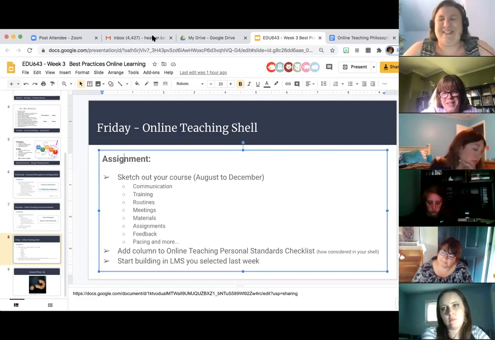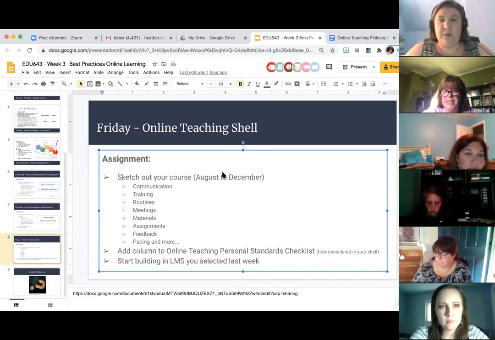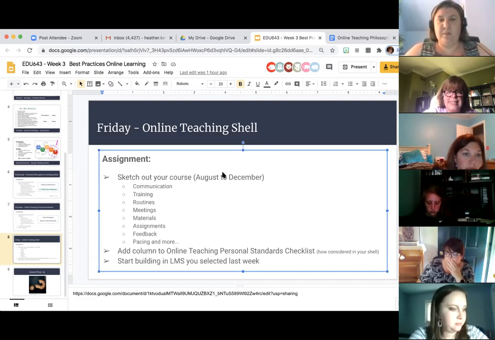But if I do decide to do that when I'm going through this, do you want access to my parent one and my student one? Yeah, I would. If you do too, that would be really beneficial. Parents are a big piece that we looked at last week in LMSs. One of the benefits is having them in some portion of it to be an active participant, especially if they have to be our home assistant, if our students are working from home.